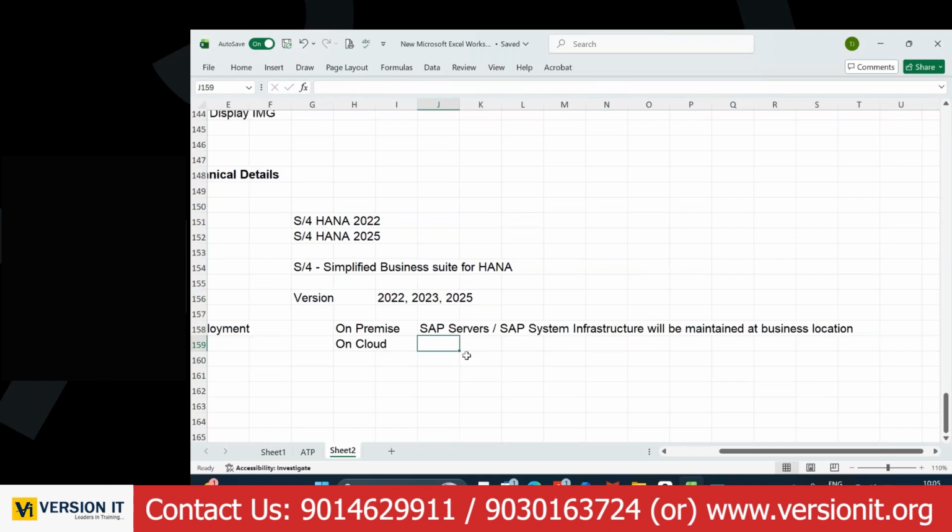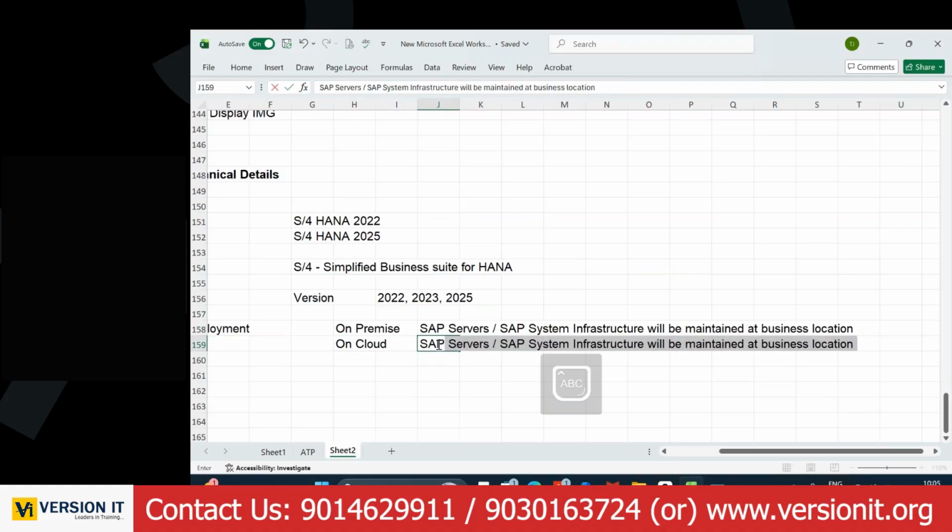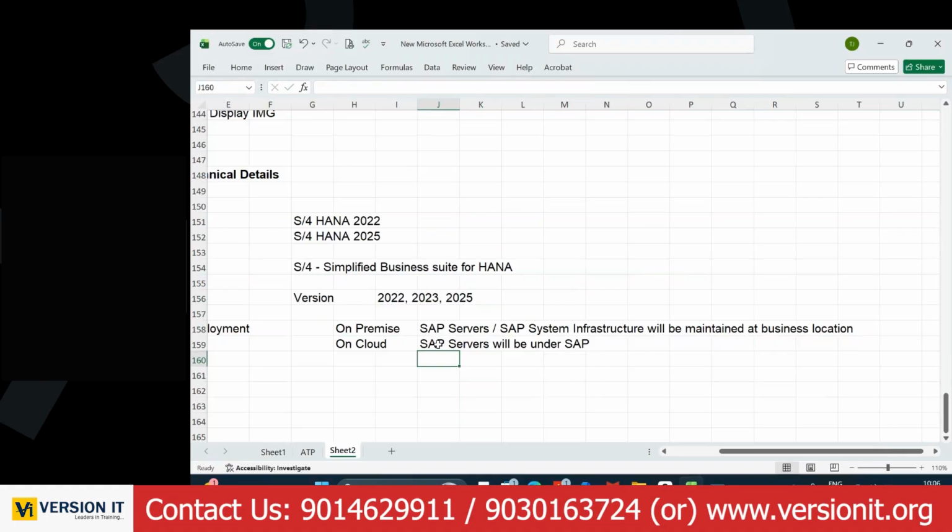Whereas when you work with the on-cloud version, the SAP servers will be under SAP. So there is no need to maintain any system infrastructure. The entire thing is going to be under the control of SAP itself. You just need to run the space, log in, and